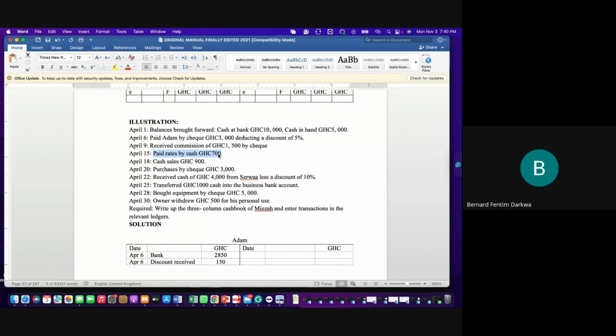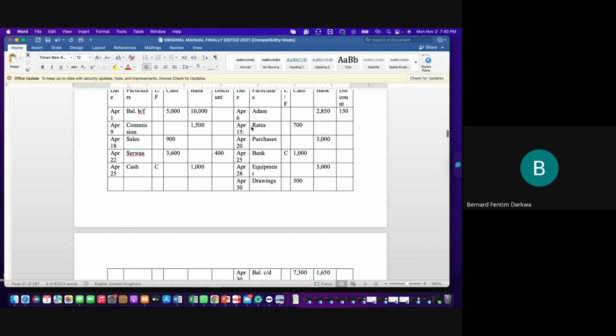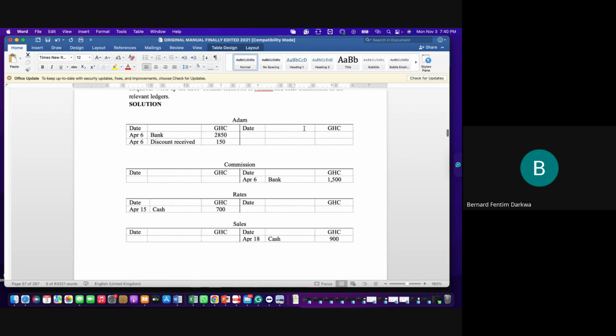So we are paying rate. We go to cash, credit side rate. So put down the date rate 700 under cash. We are paying by cash. Then the next one,